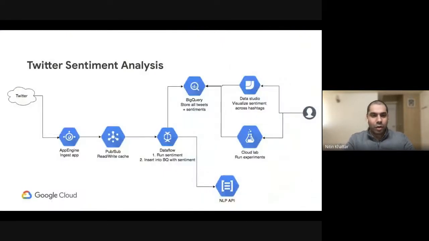Now, before going to the solution, let's step back and look at the problem statement that we started with in this particular series on data analytics: Twitter sentiment analysis. We found out that there's a streaming API of Twitter we already have. It can come to an App Engine. So that is the entire use case of identifying the sentiments. We looked at in the first session how from Pub/Sub you can insert events into Dataflow.